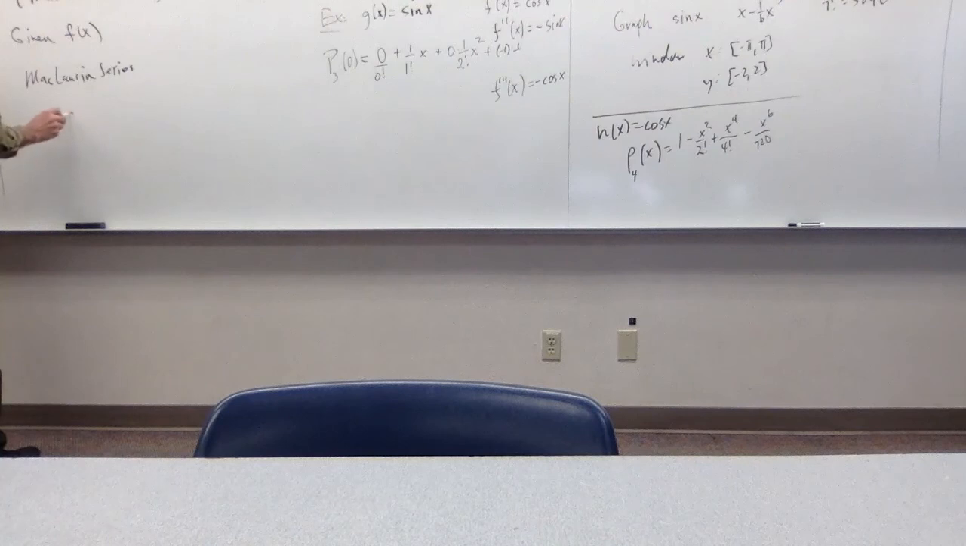Here's what it is. It's the summation, n equals 0 to infinity, the nth derivative evaluated at 0 divided by n factorial, x to the n. So the coefficients,